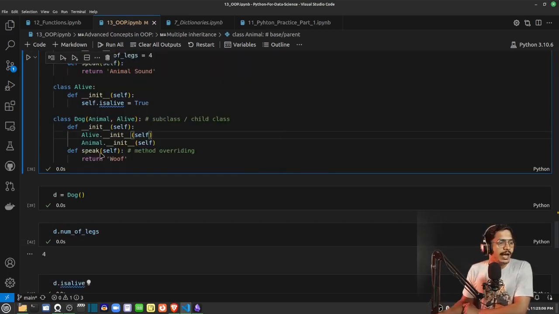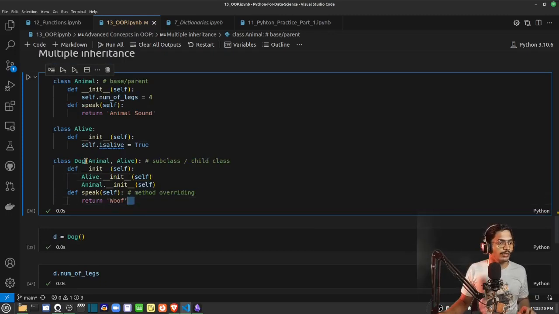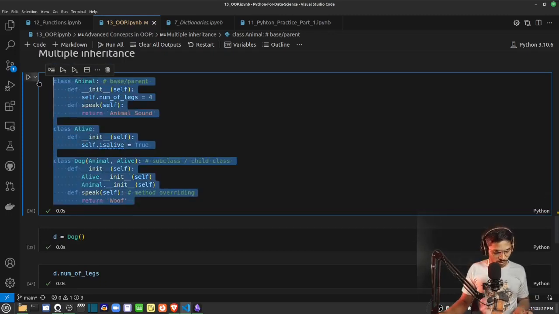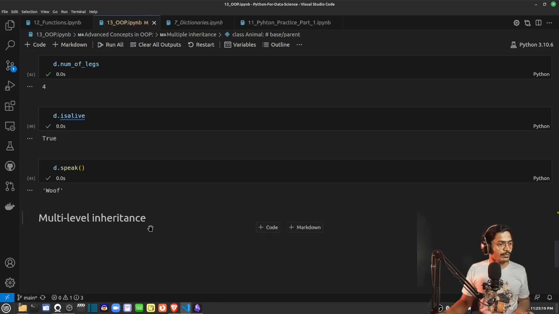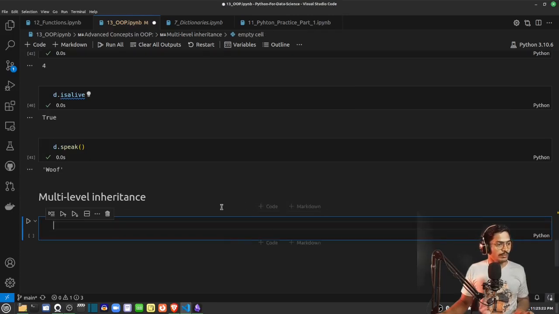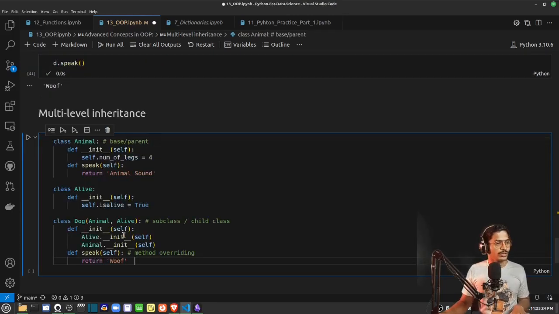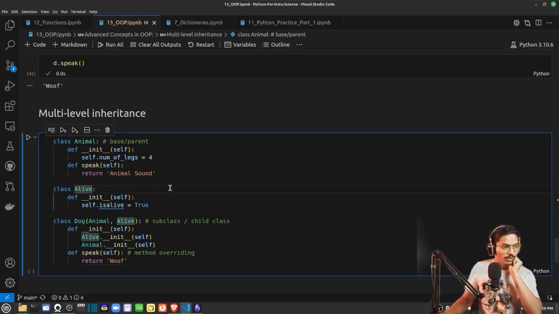Now you may say that I don't want to construct these parent classes separately. What can I do? Is there anything else? Then there is an option, and let's try to find a solution through that option. And that option is nothing but multi-level inheritance. And in multi-level inheritance, take a good look at this one. What I'm going to do here,